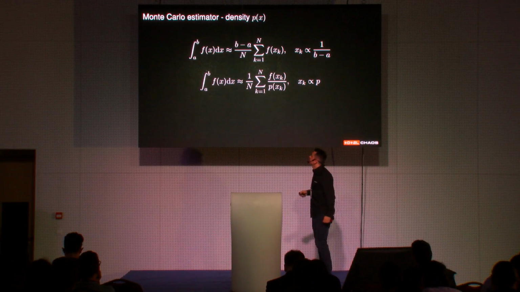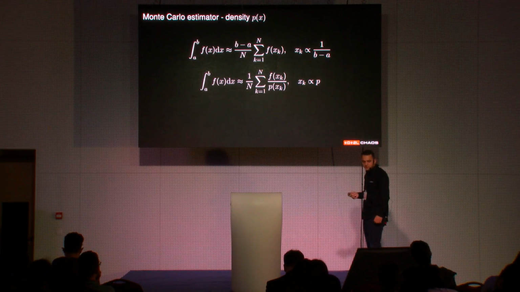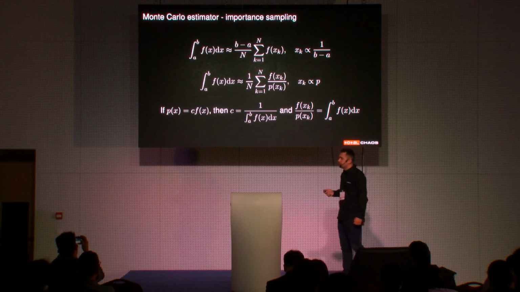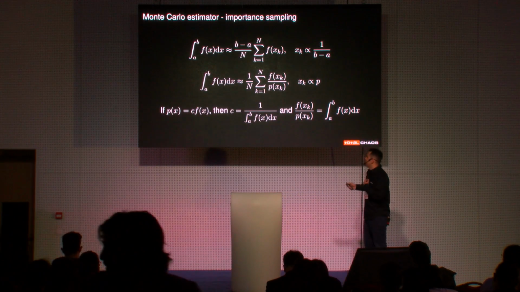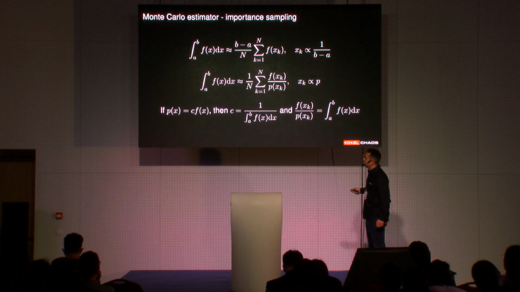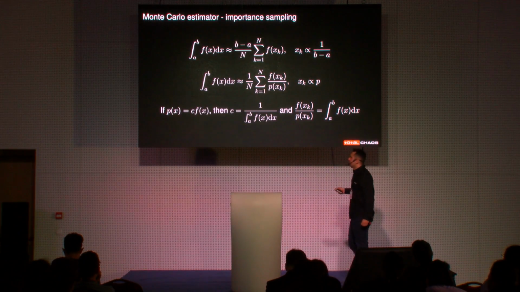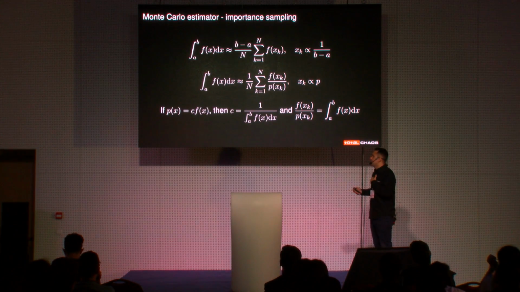And the other very important thing in Monte Carlo estimating is importance sampling. This is something that we are going to use a lot today. In order to use importance sampling, we try to find such a probability density. You can see the line below. We're looking for a probability density P which is as close to proportional to F as possible, because in